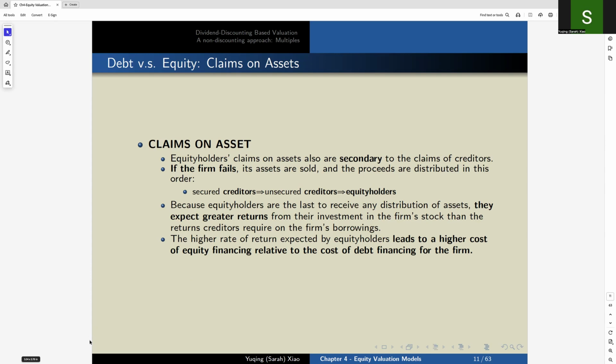Equity holders are residual claimants. They get paid after all creditors have been satisfied. That means dividends are only paid once interest and the principal obligations have been met. This residual claim